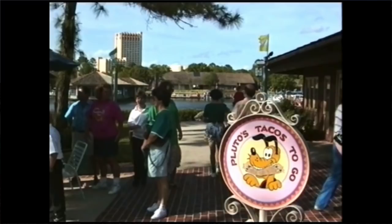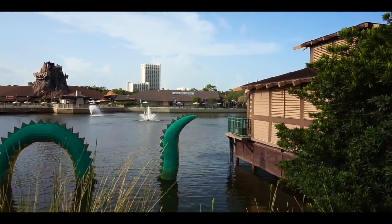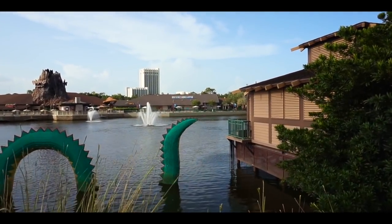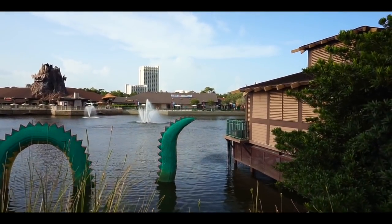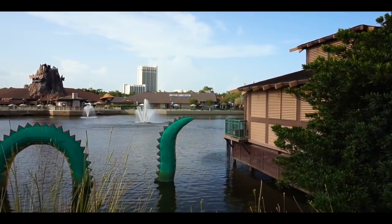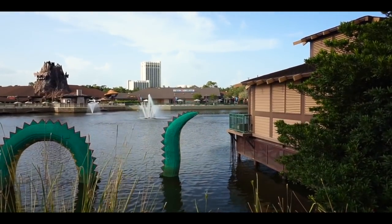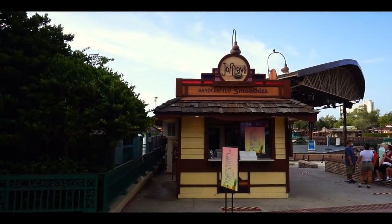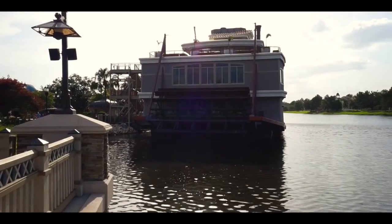So I'm guessing the building here to the right, as you can see in current day, is where Pluto's taco stand once stood. It makes sense because it's a full to-go area, quick service if you will, walk-up window. So it makes total sense that this is where this was. If I'm wrong, please comment and let me know, but I'm pretty sure this is the spot where Pluto's Tacos to Go once stood. And it makes total sense because, like I said, it's a Joffrey's. A full kitchen is inside. So they could have made tacos inside that place. Straight ahead